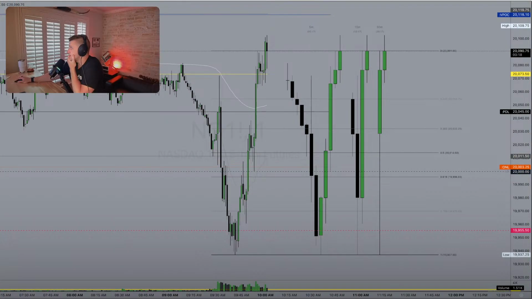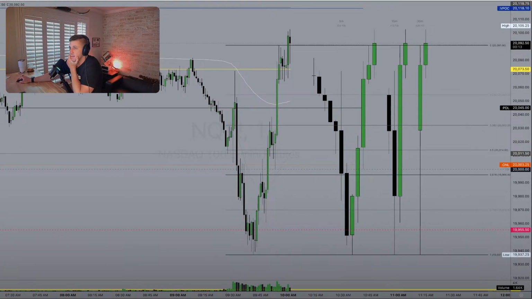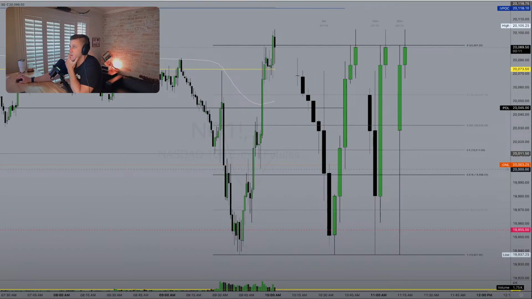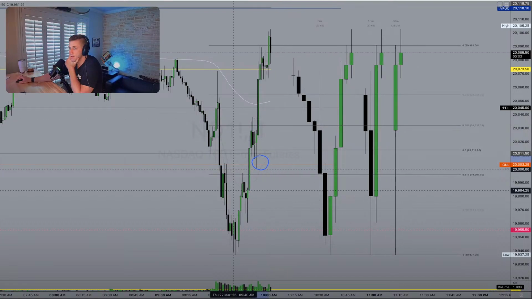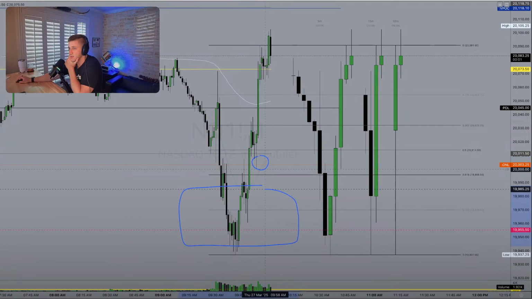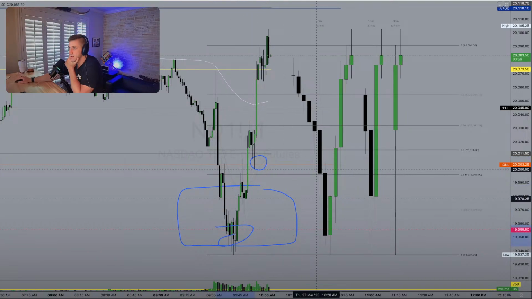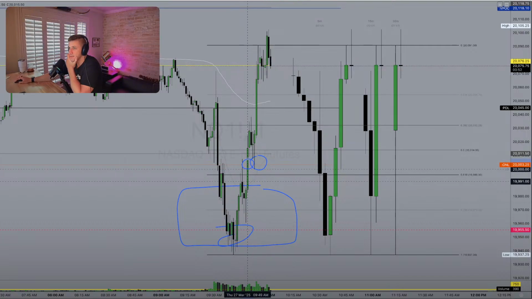So the idea right there, like I said, I wanted some action above the 20K and overnight low area. Was not interested down here, even though this was quite technical. It's not an area I want to set risk against. So you never buy the actual break of a level.